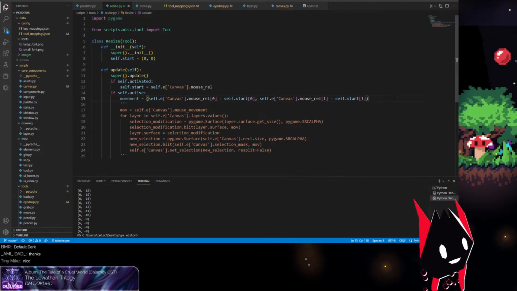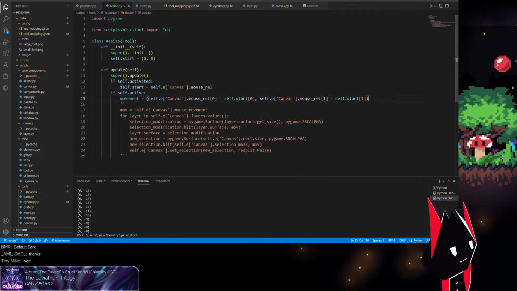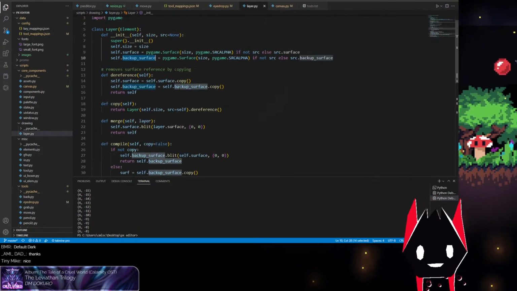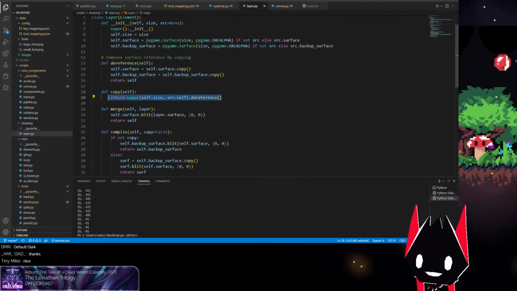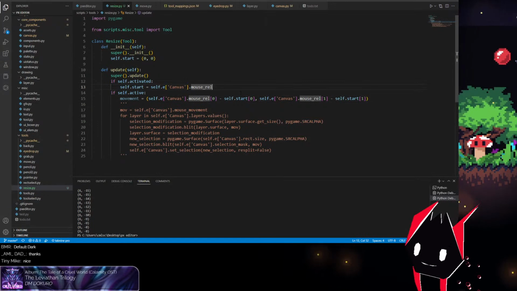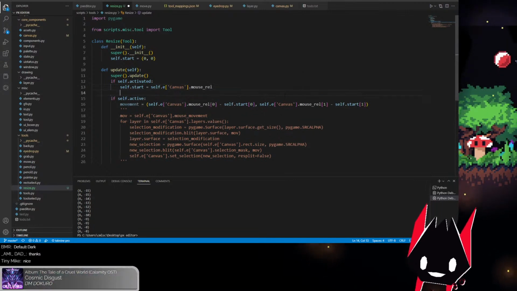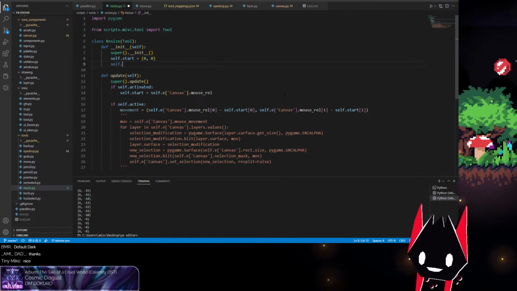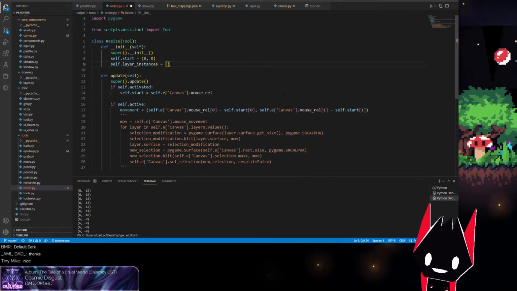So I can copy the selection. Do I copy the whole canvas, or do I copy all the selected layers? I guess I can copy all the layers into the tool, just clone the whole thing when I left click. So what I can do is, when I left click, I do self.layer instances equals that,